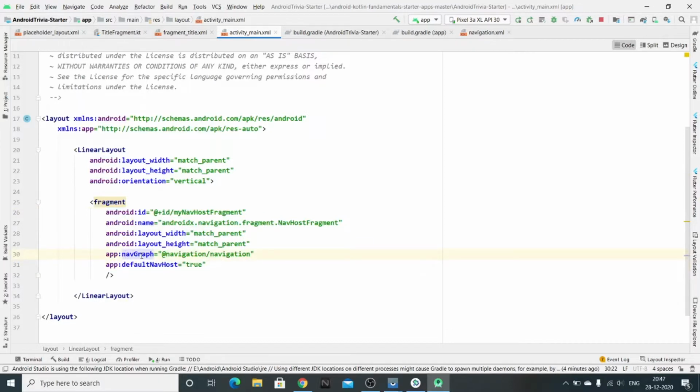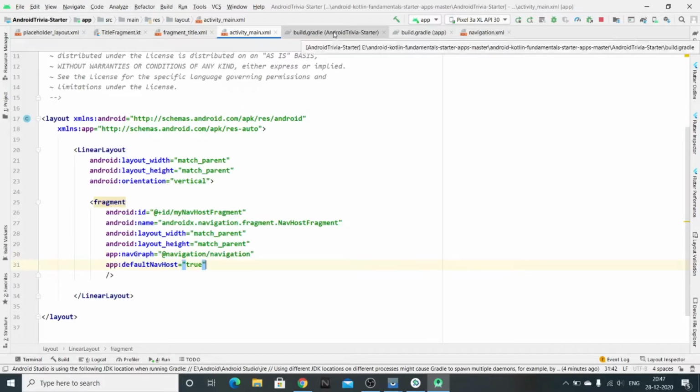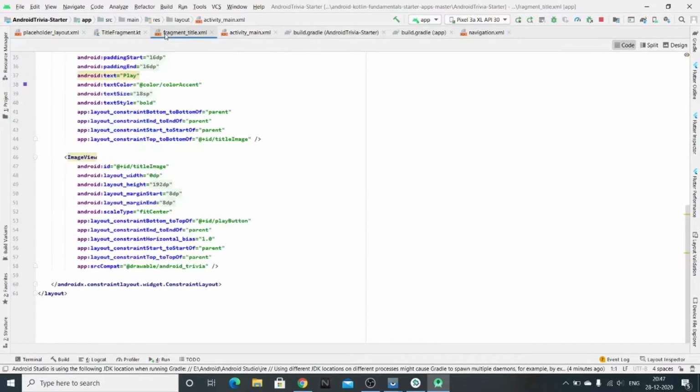Since we will be using a nav graph, a graph that will be telling about the navigation, we need to specify which navigation graph we'll be using. So we have added the navigation graph that we just created, and the default navigation host. Yes, we will also be having a navigation host, so this value is set to true. Now let's move back to our code lab.